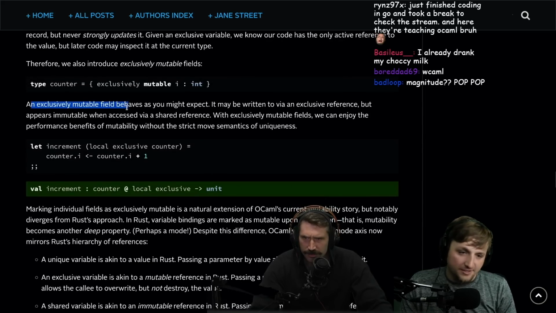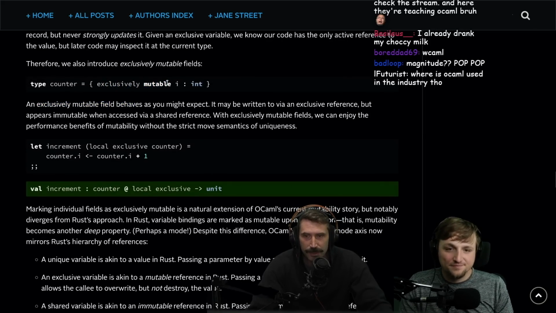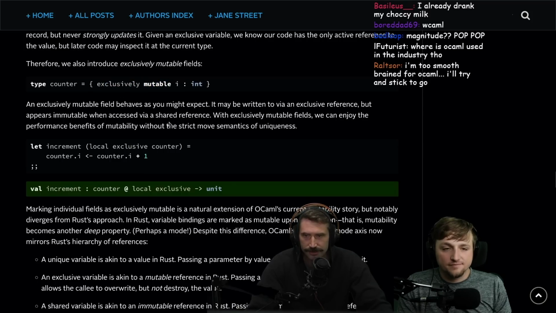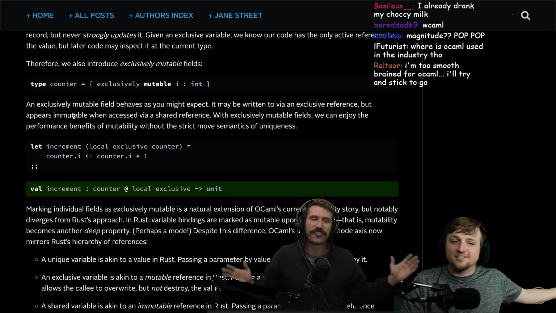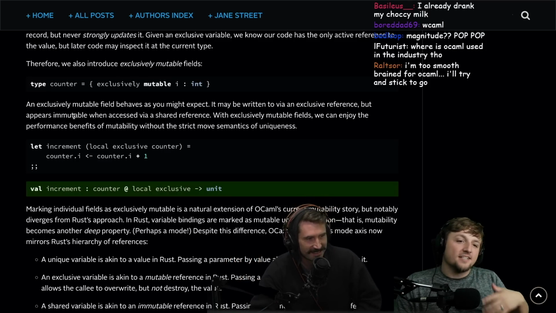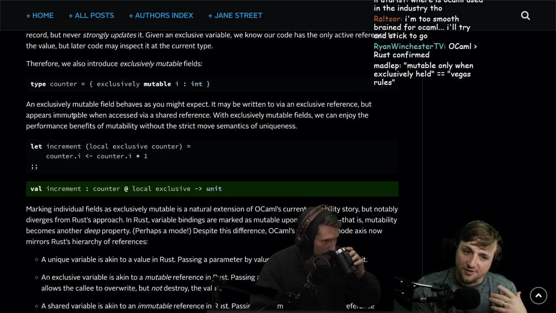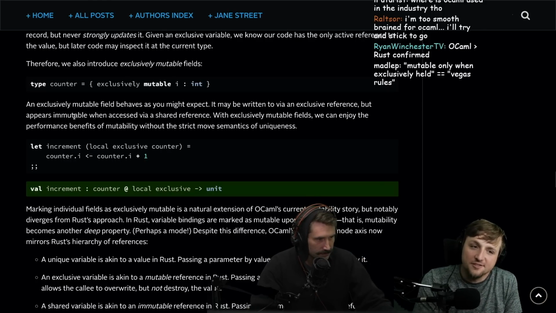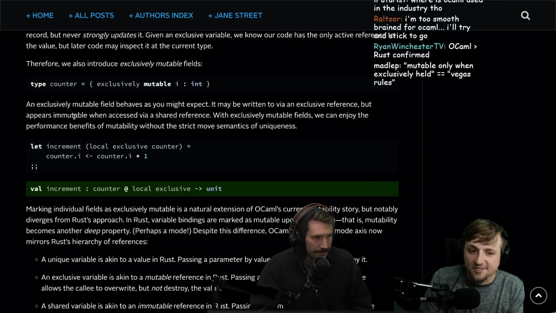Yes. An exclusive mutable field behaves. Oh, that's also really good because that way you can have mutability and guaranteed singular reference, effectively, or singular update, which allows for fearless concurrency. Yeah, fearless. It's going to look like it's immutable all the other time, which is nice. You're basically saying most of the time this is immutable, and then occasionally we're going to have something that actually owns this thing and is able to change it. Cool, that makes sense.